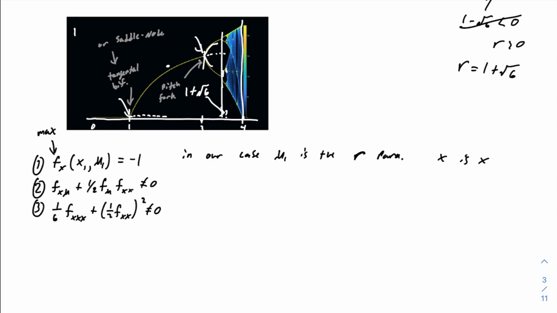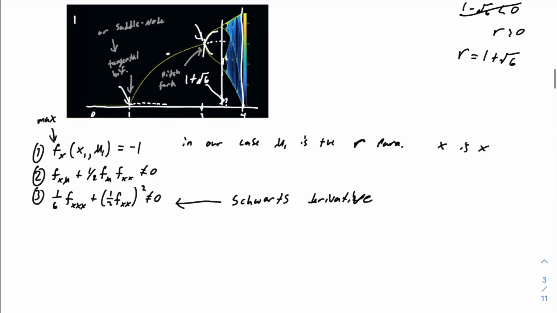Okay, this one comes from a Schwartz derivative. So if you're interested, you can look that up a little bit more. I won't be going over it in this video. I just want to introduce that there is some criteria to tell you exactly what kind of bifurcation is occurring. And I'm just going to check and prove that the second bifurcation at r equals 3 is in fact a